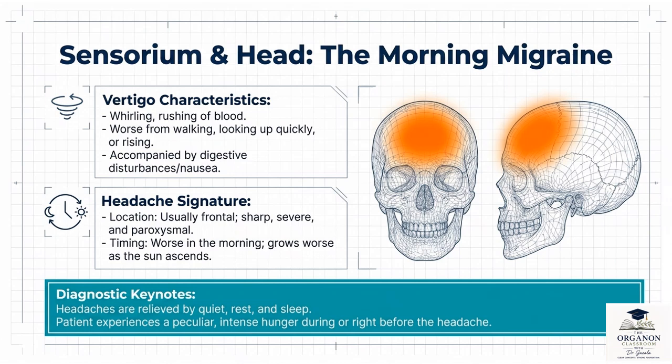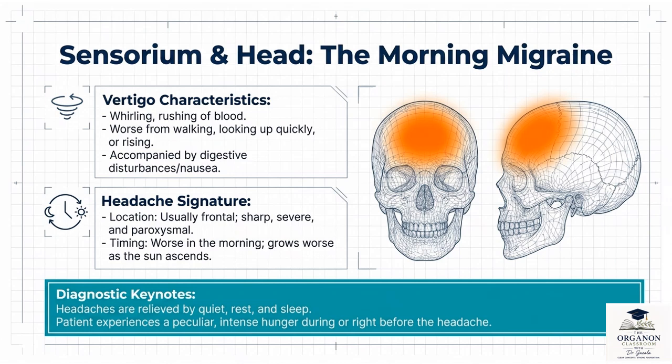sorry, vertigo characteristics, whirling and rushing of blood, worse from walking, looking up quickly or rising, accompanied by digestive disturbances and nausea. Headache signature, which means the peculiar type of headache that it has is location, usually frontal, sharp, severe, paroxysmal, timing worse in the morning, grows worse as the sun ascends. Okay,